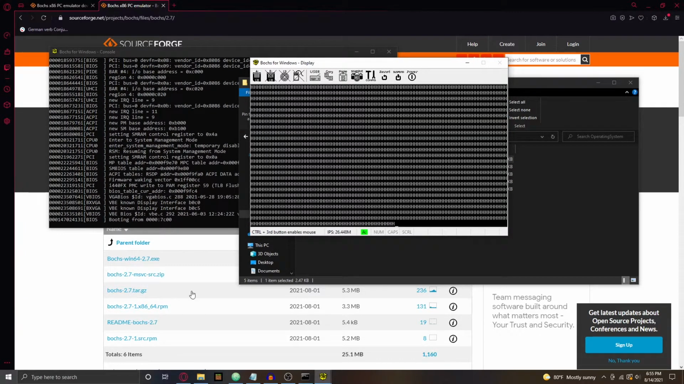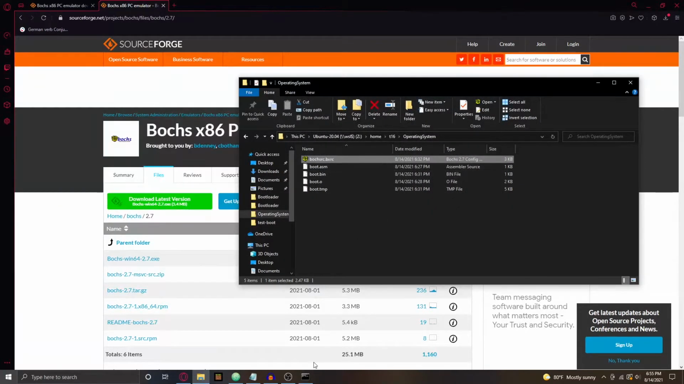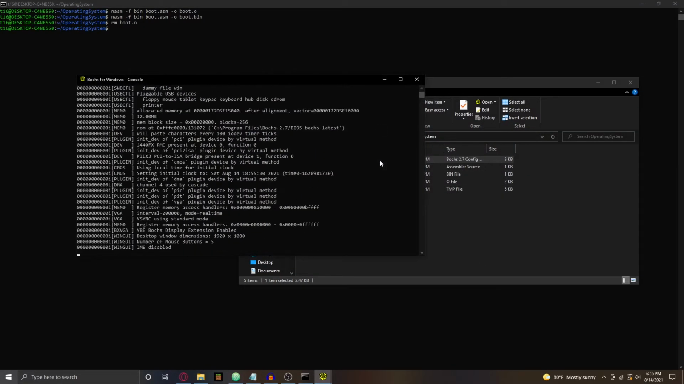And okay, wait, oh yeah, we didn't compile it. Okay, we didn't compile it, that's why that showed up. So the way you're compiling it is nasm -f bin boot.asm -o boot.o. Pretty simple. And yeah, boot.bin, not boot.o. And then I'm just gonna remove boot.o. And pretty simple. And now you can just double click that,